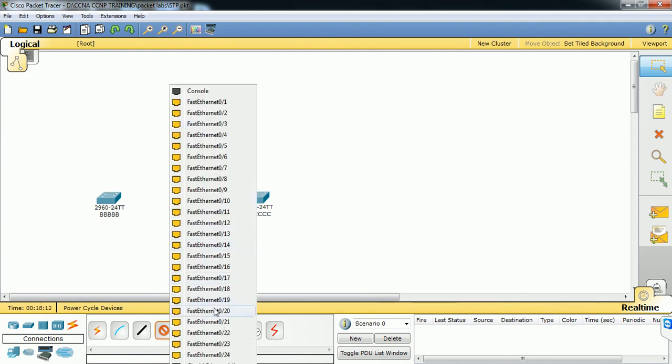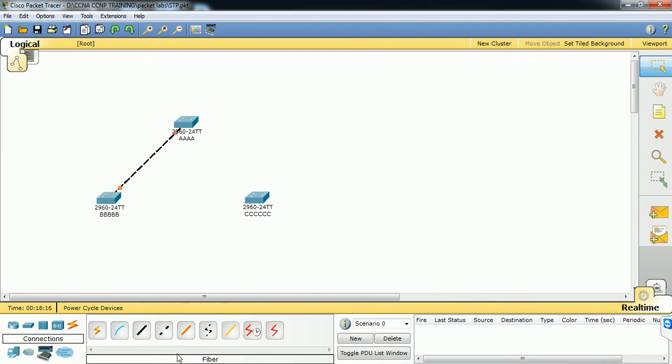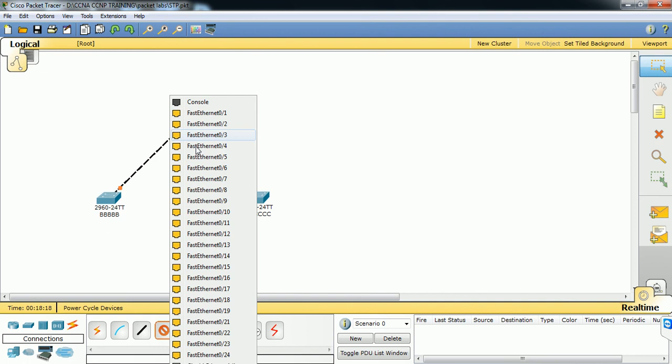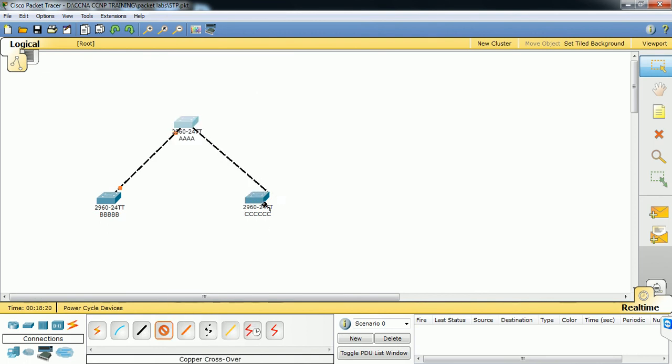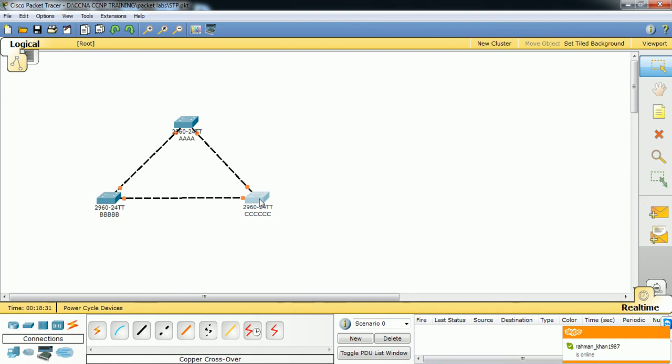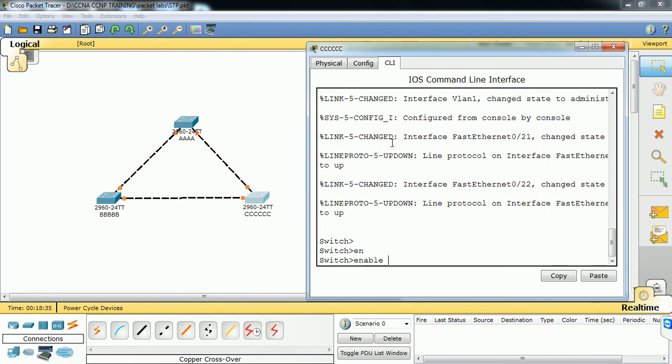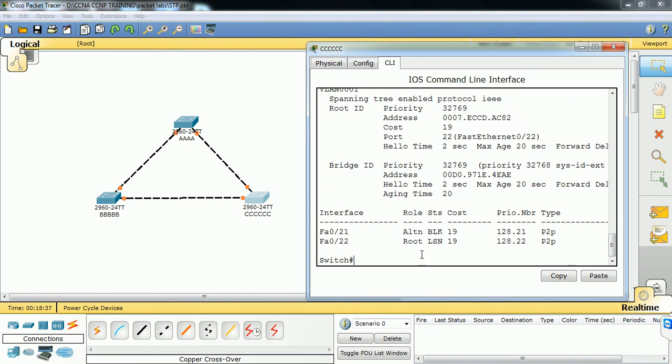I'm going to connect port number 20 on this side, and then I'm going to connect a cross cable between port number 21, and I'm going to connect port number 22 here. So you can see the ports are in amber color here, because if I go to any one of the switches and give a command called show spanning tree, you can see all the ports go to listening